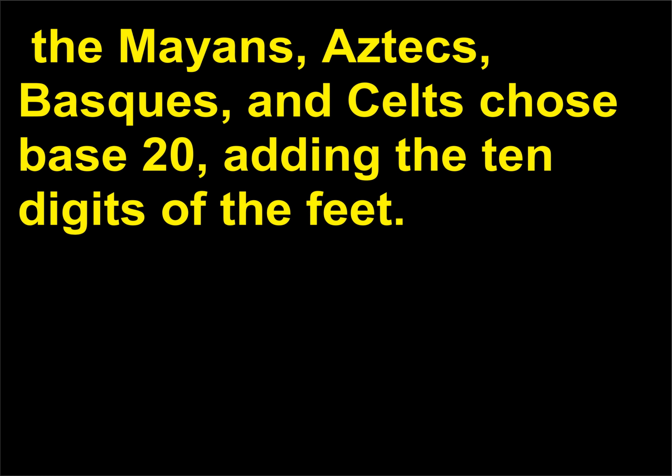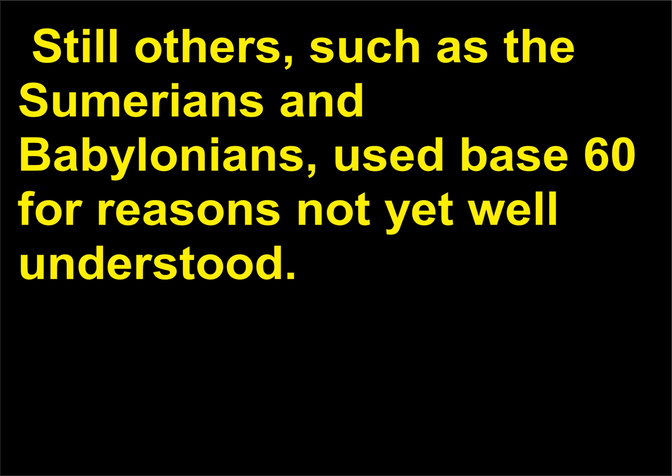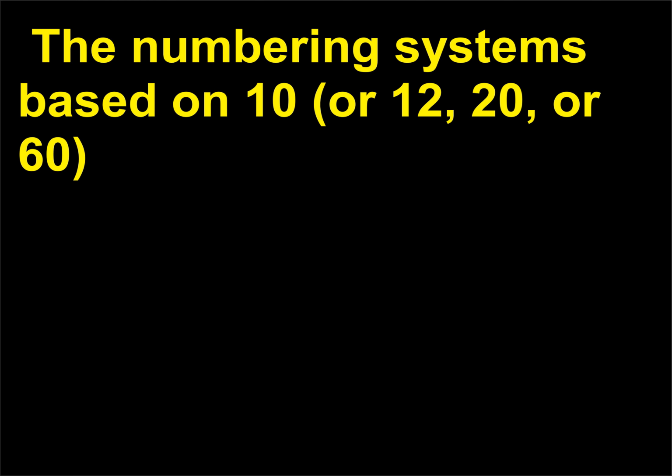The Mayans, Aztecs, Basques, and Celts chose base 20, adding the 10 digits of the feet. Still others, such as the Sumerians and Babylonians, used base 60 for reasons not yet well understood. The numbering systems based on 10, or 12, 20, or 60